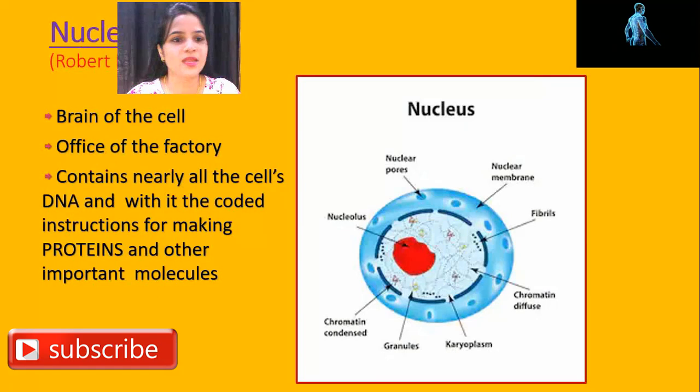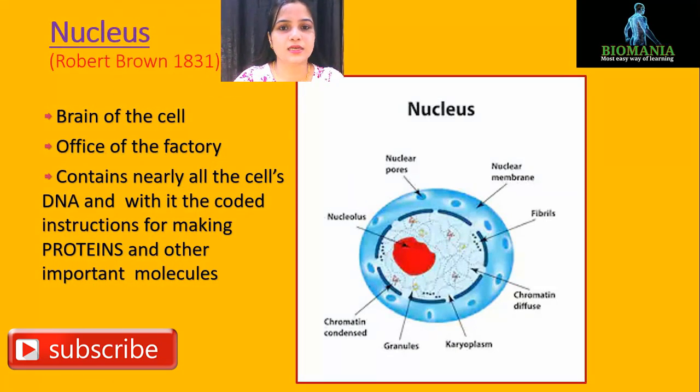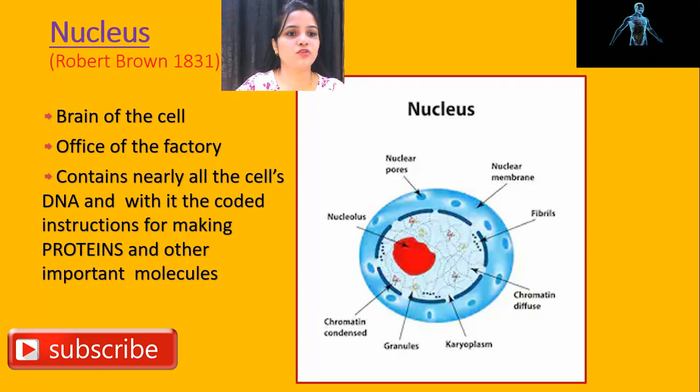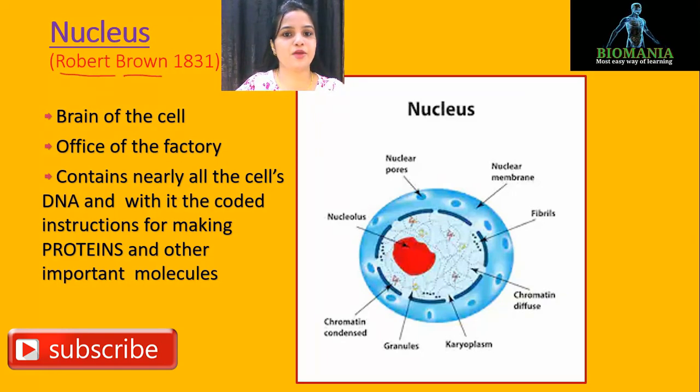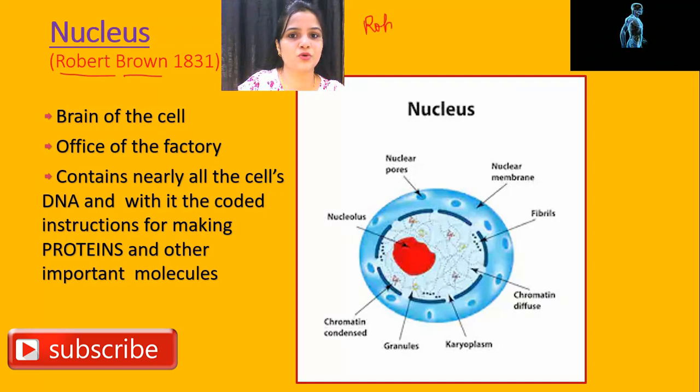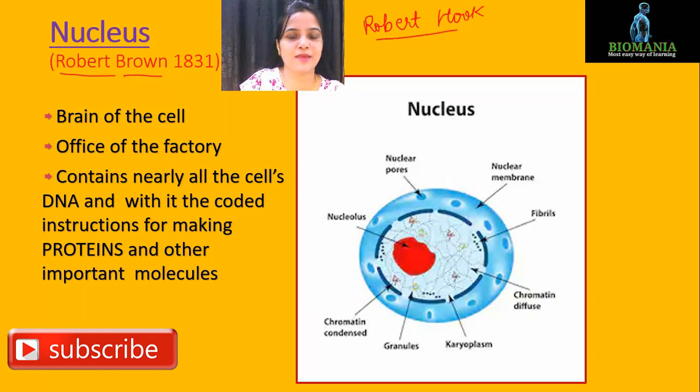Now start with the nucleus structure, which is the main thing I have to teach you in this video. Here you can see the complete structure of nucleus. You know guys, nucleus is discovered by Robert Brown. Don't be confused with the scientist name, because a same kind of scientist name is present in the discovery of cell, but he is Robert Hooke. So guys, don't be confused with the name. He is Robert Brown. Robert Brown in year 1831 discovered the nucleus.